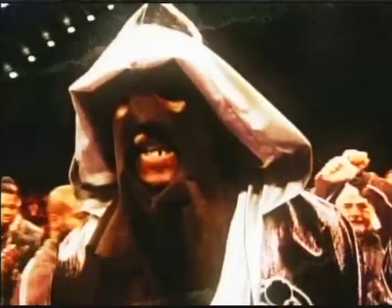So the stage is set. This way of the ring is